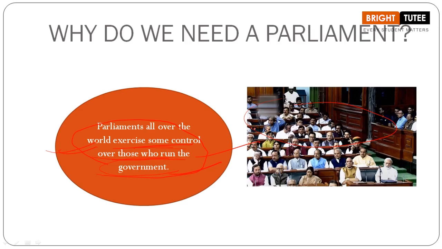When we are talking about our country, I'll give you an example of our country so that you can understand this point very easily. So, they are exercising some control over them. They are seeing that the ruling party is not doing any kind of corrupt activities or practices, and they are making laws that are good for the people. They will always question the government on the laws that are being made or on the schemes that are being launched by the government. So here, this is how the government is kept in check. The government is being kept in check by the opposition parties. Okay.